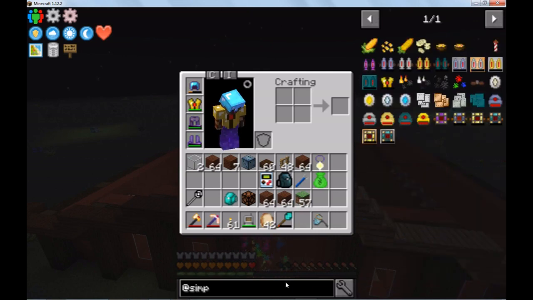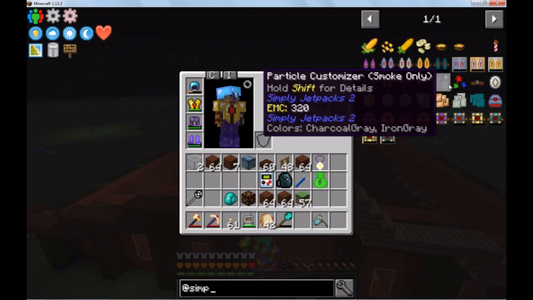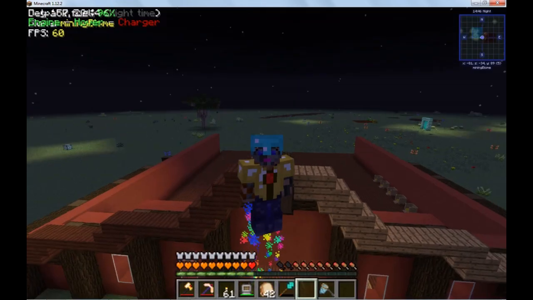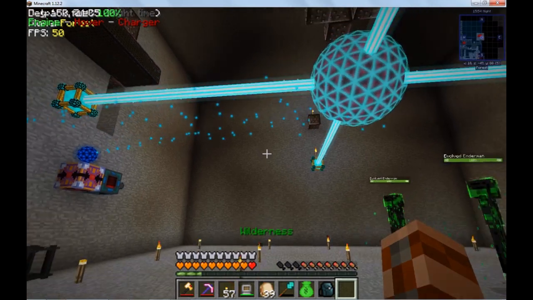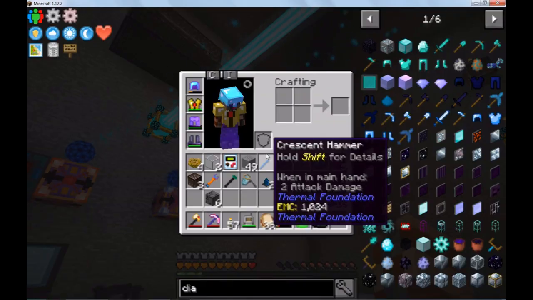If we look at simp, you can change the particle effects to none, default, smoke only, or rainbow smoke. Pretty cheap to make. I just figured I'd do it because why not? I believe the creative jetpack also has this. Cool. Alrighty then. Still working on the chickens, but I figured let's set up fusion crafting because we are finally